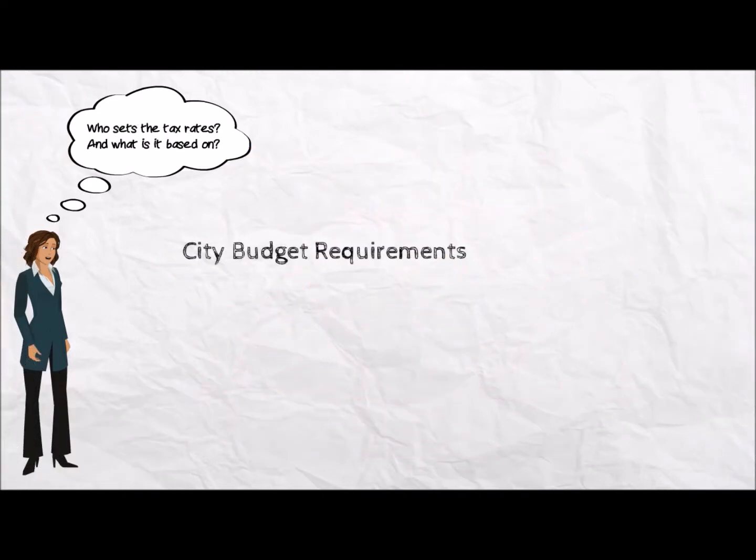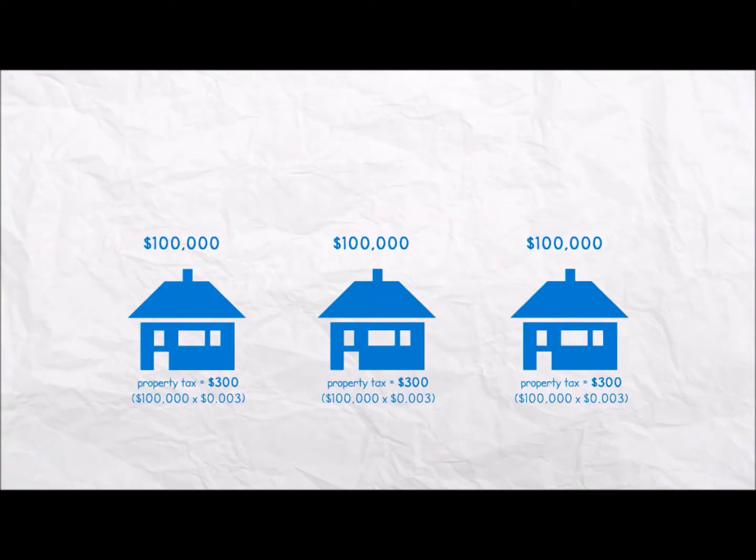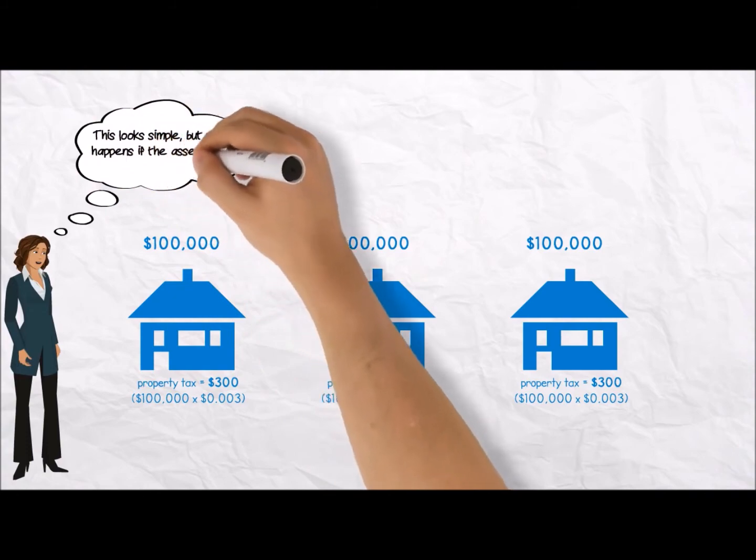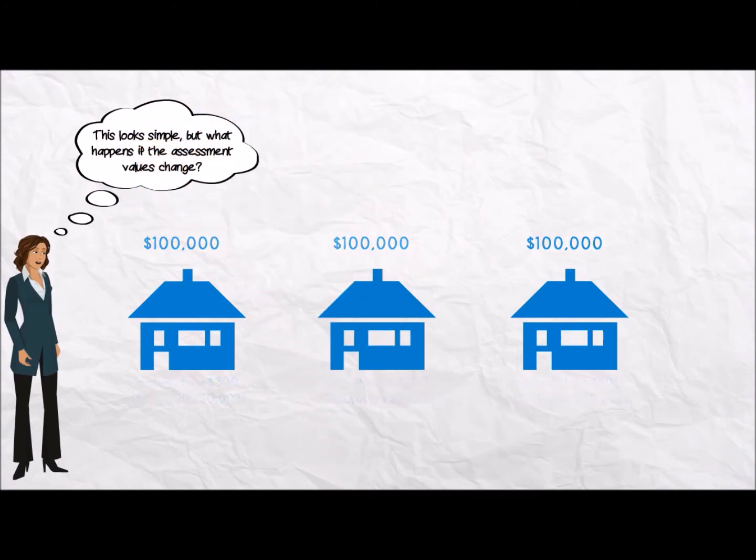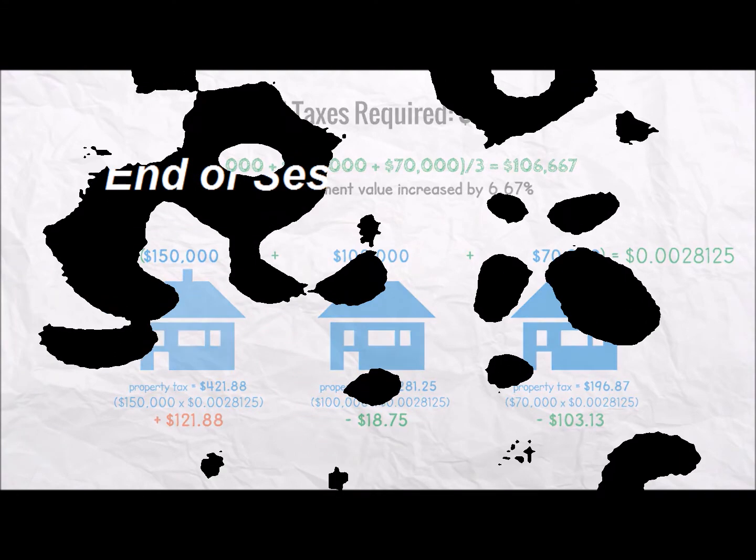In short, our city's budget requirements value. This looks simple, but what happens if the assessment values change? Okay, let's assume the following year calculated each year, but all in all,